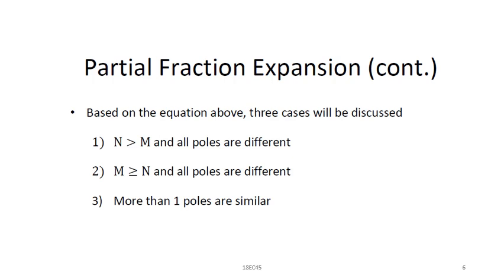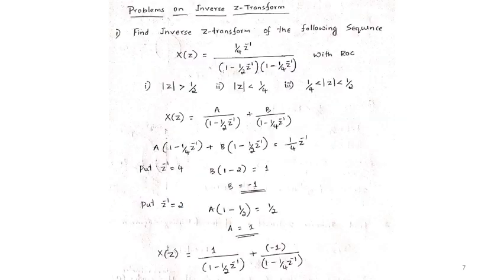So the three conditions, and we'll discuss the problems on this. For the three conditions we'll discuss, one is with n greater than m. The second condition is with m greater than or equal to n, or n less than or equal to m. Then with more than one pole, just similar. So the first problem is, you